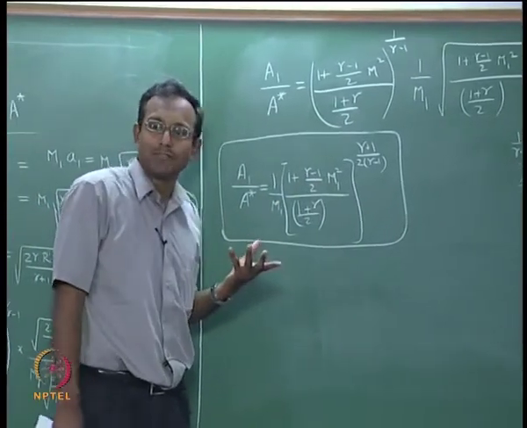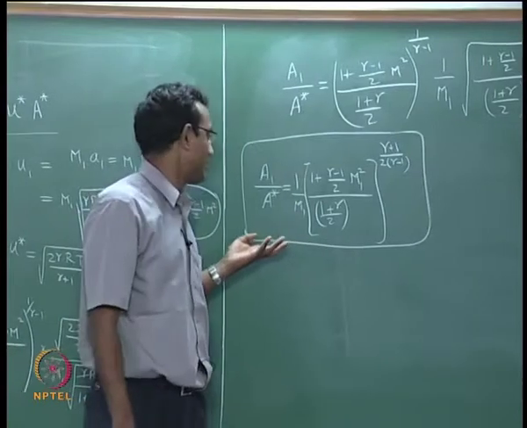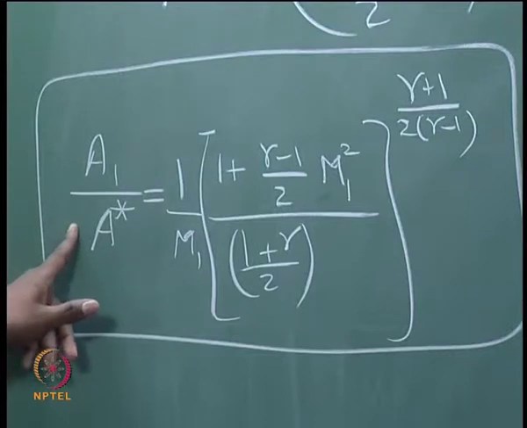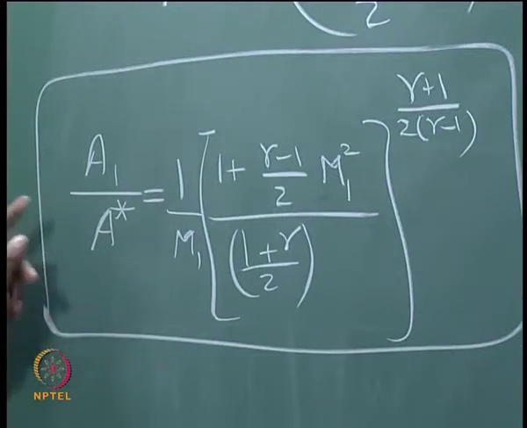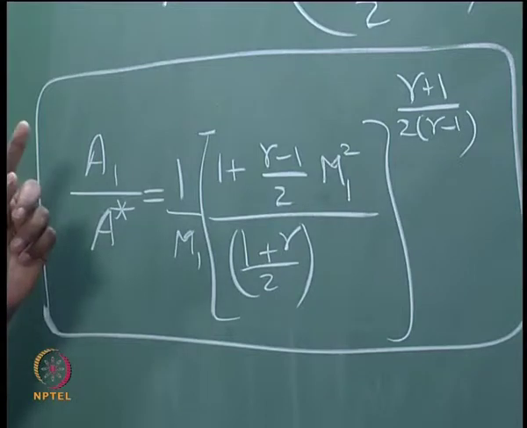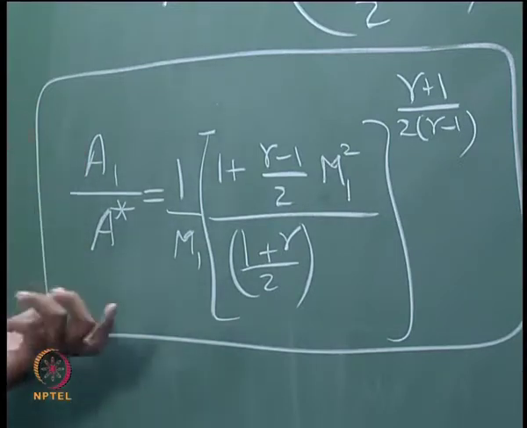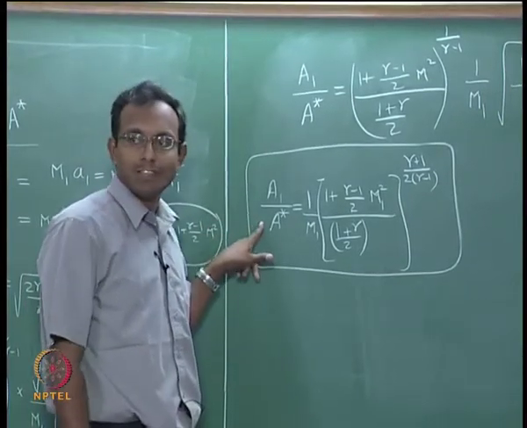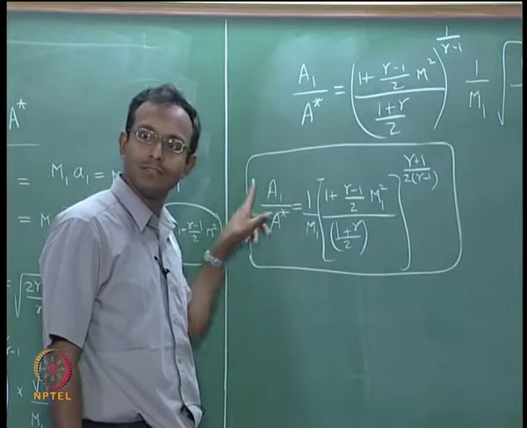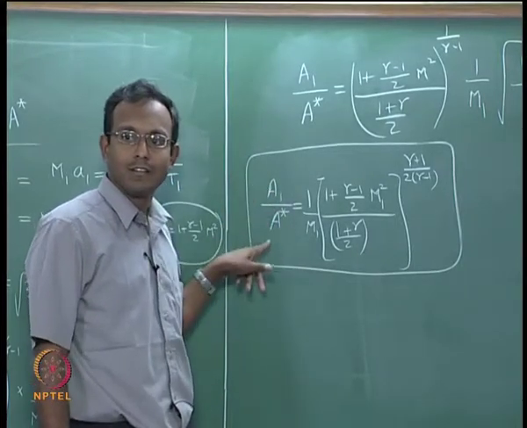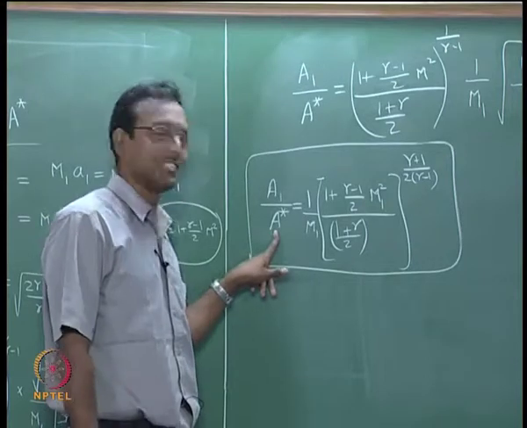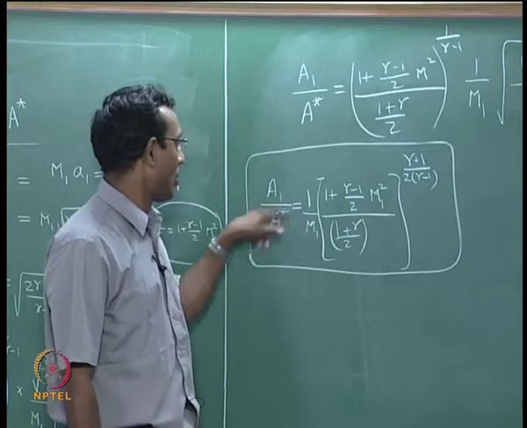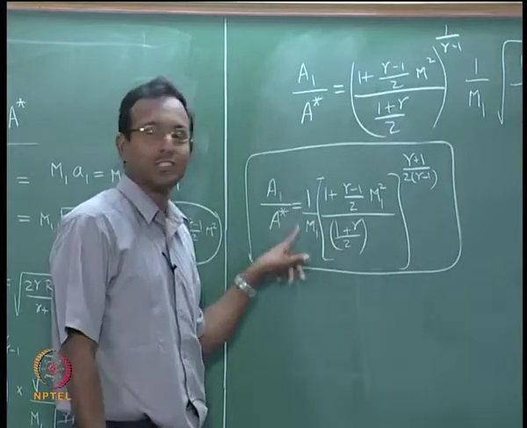This is not an ideal expression for us, but this is the only thing we can get right now. I can say area with respect to critical area. I am using the word critical for the first time. This is the area at choked condition. In compressible flows they use the word critical a lot. I am going to say the area divided by the critical area. Will this be more than 1 or less than 1? It will always be more than 1 because A star is defined to be the least area in your whole duct. So this function can never be less than 1.